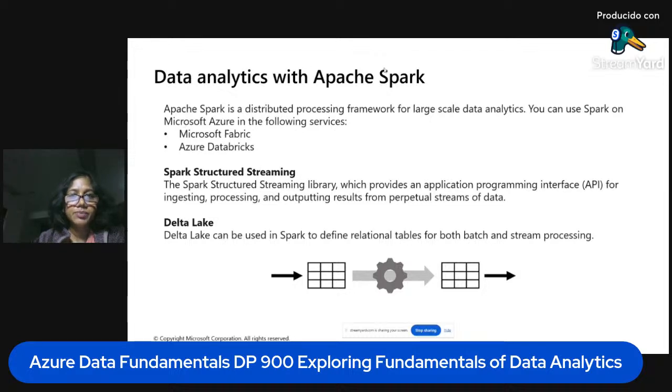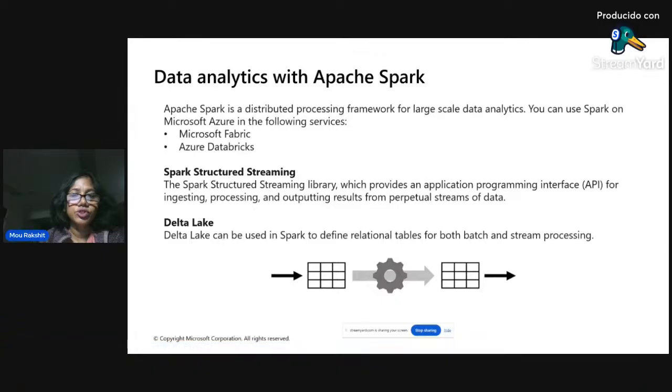And then within Spark there's also an API called Spark Structured Streaming, which has huge, verbose documentation for you to be able to use that API to do all kinds of processing. That is a library which provides an application programming interface, which is API. Now we use APIs everywhere, right?